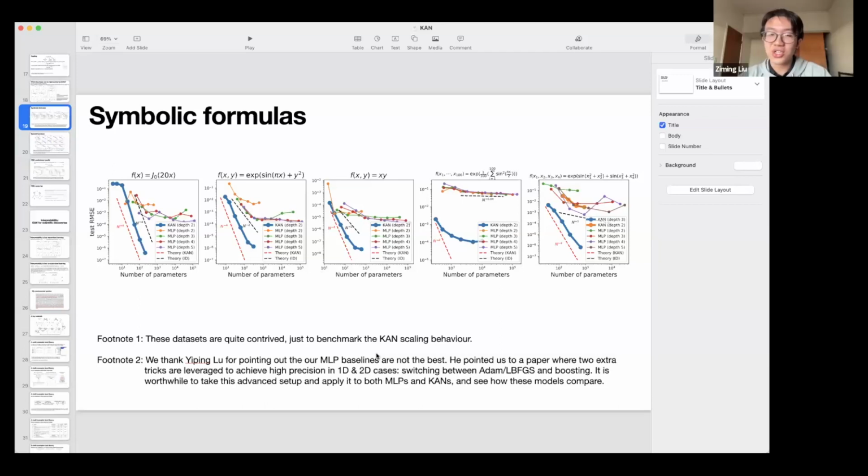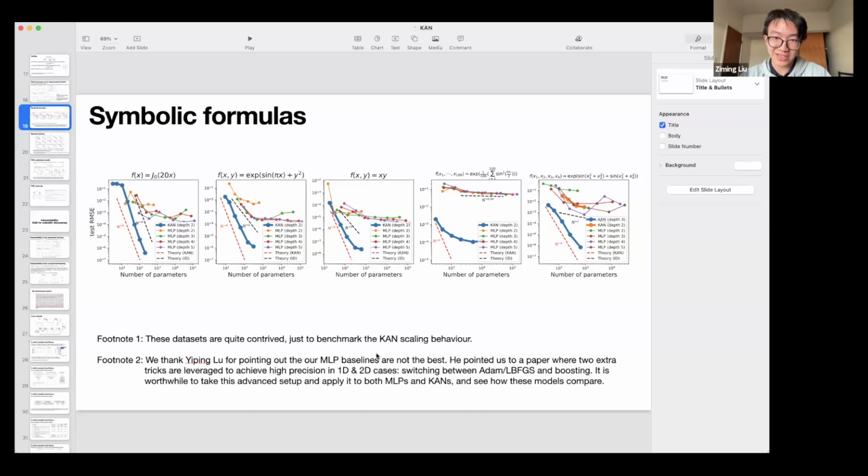I see. So first of all, why neural scaling laws matter, at least recently, is the mentality that scale is all you need, with the argument that you can just scale up your model without caring too much about fine-tuning the structure, and you can magically get a better performance.